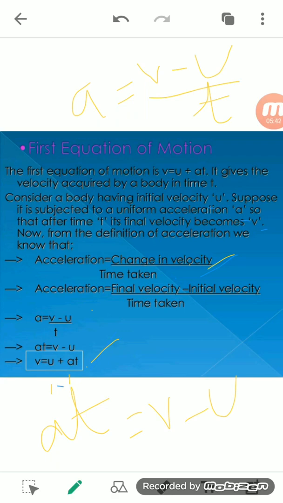In this equation, four values are there. If we know any three of the values, then we can calculate the fourth value easily. If we know the values of v, u and t, it will be very easy to find the value of a. The same holds if we want to find the time, or the velocity, initial or final. So out of the four, if we know three values, it will be very easy for us to find the next value.